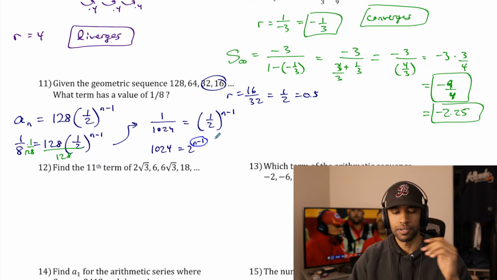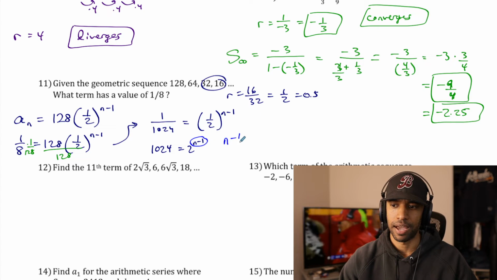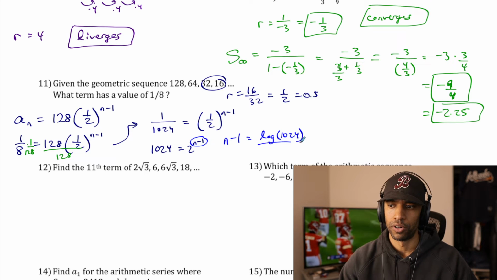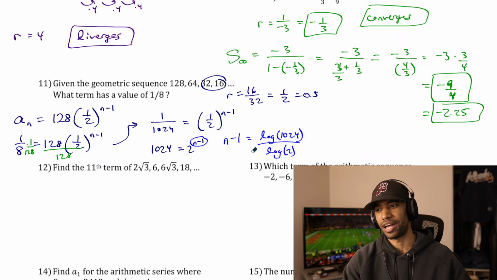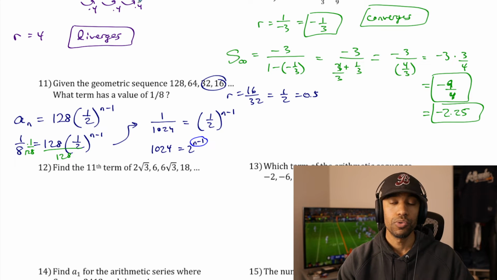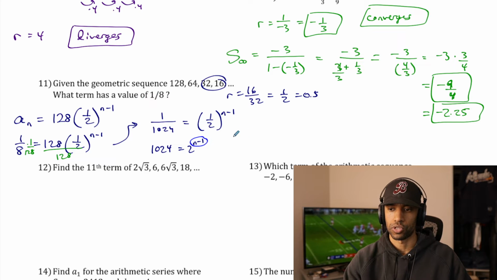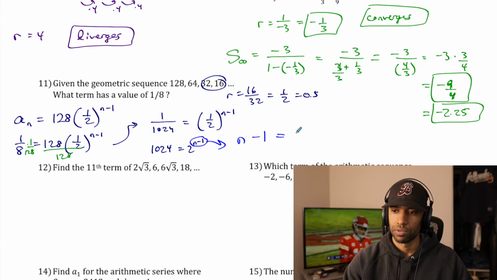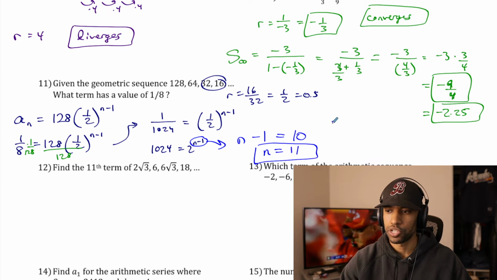And if your classes use logarithms in that sort of way, you would be doing n minus 1 equals log of 1024 over log of 2. I'm not going to play that way with my own particular class in general, but if you compute that, you can actually figure out what it is. But 2 to the 10th is 1024. I know that. You can work it out, multiply 2 a certain number of times. So that would be n minus 1 equals 10. Therefore, n equals 11. That means the 11th term